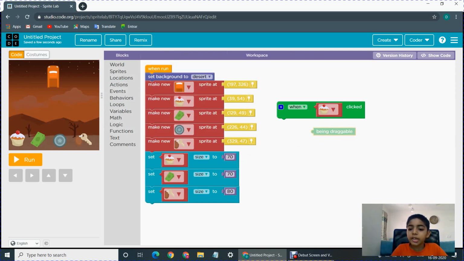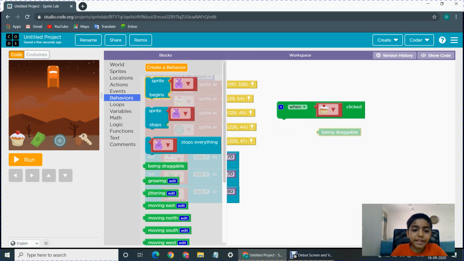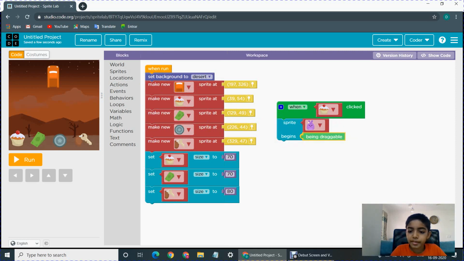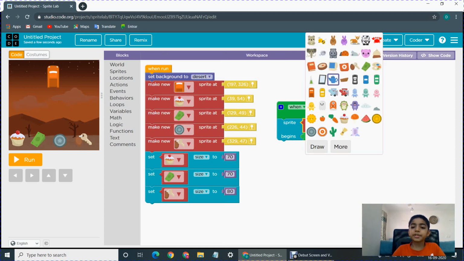But it will not fix here. So again we go to behaviors. We choose this sprite block first, this sprite begins being draggable. So this is not our sprite.